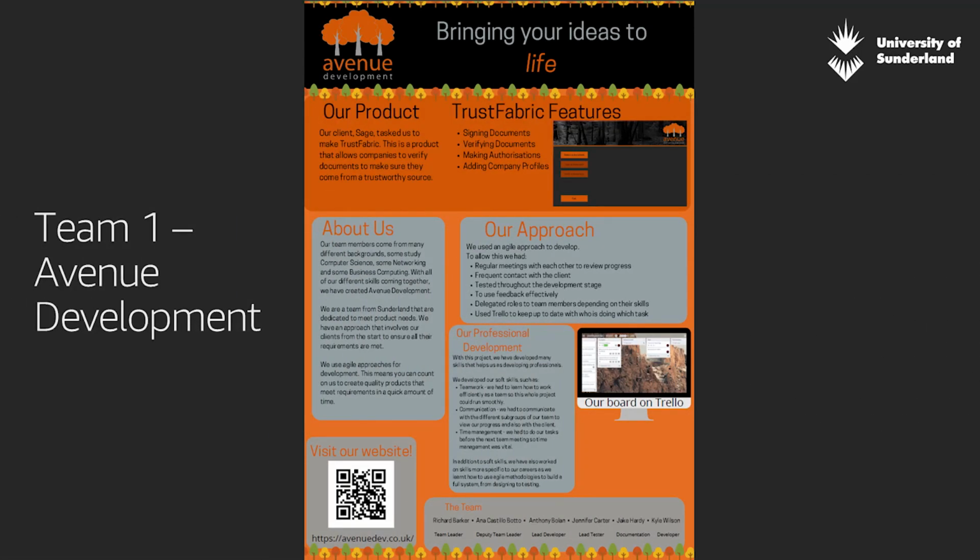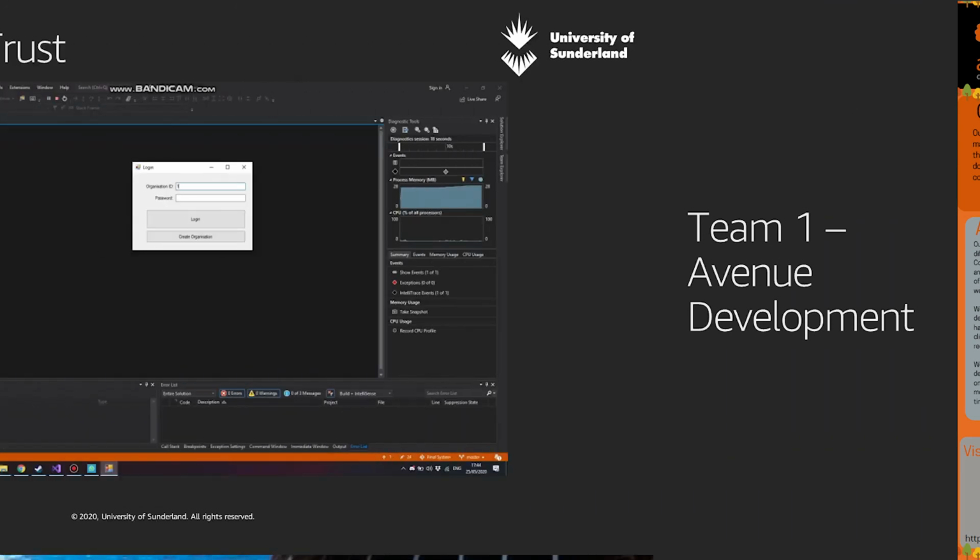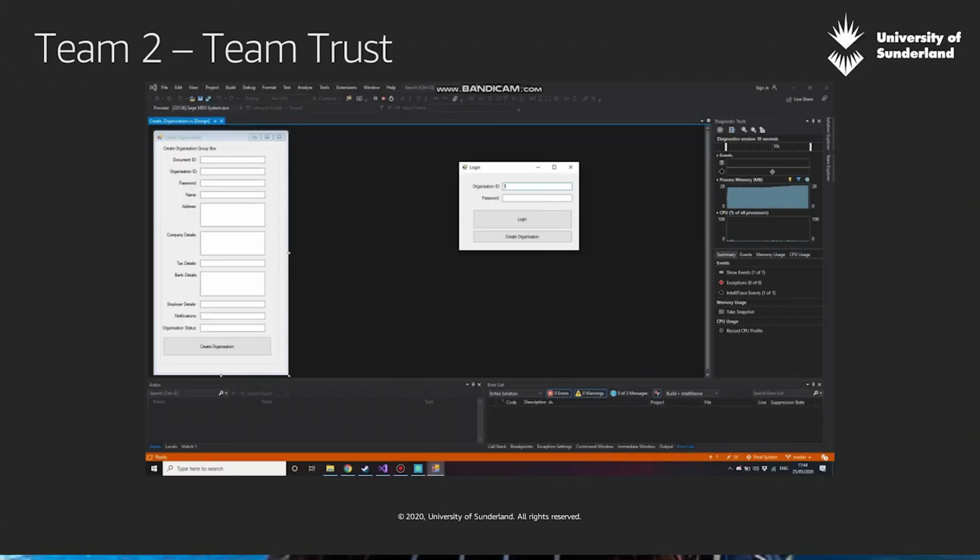Here I wanted to show you a selection of team outputs that were created to showcase their work. Team 1, Avenue Development, were selected as the winning group overall. Their poster showcases elements of their finalised application and how they work together to meet the project brief. Team 2